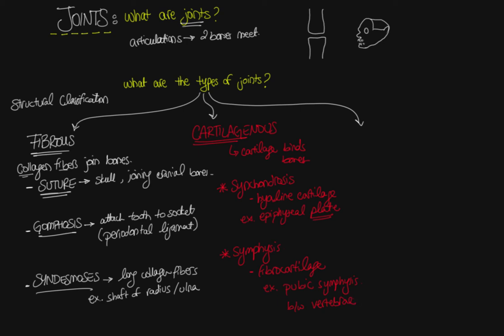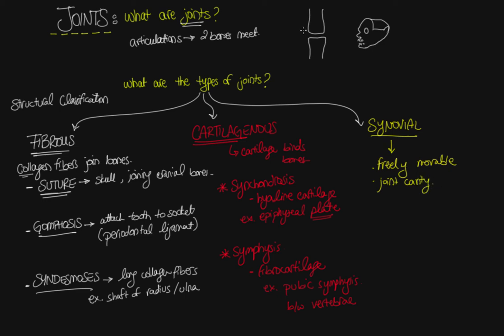All right, and then this brings us to our third and last structural classification of joint, and this is going to be our synovial joints. And so synovial joints are actually all the joints that you can think of in your body. If I ask you to name a joint, you're probably going to name your elbow, your knee, your hip, your shoulder joints. So all of these are examples of synovial joints. And what is so special about them is that they are very freely moving, so freely movable joints as compared to the other two. And they also have a joint cavity,